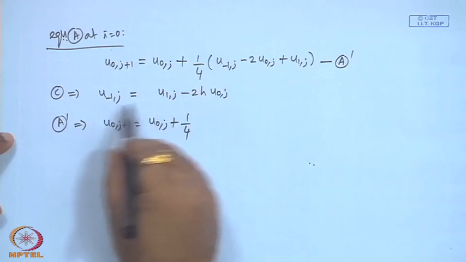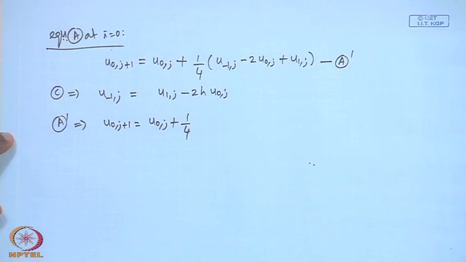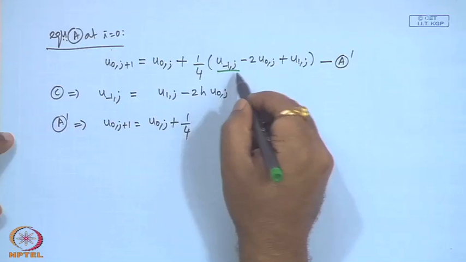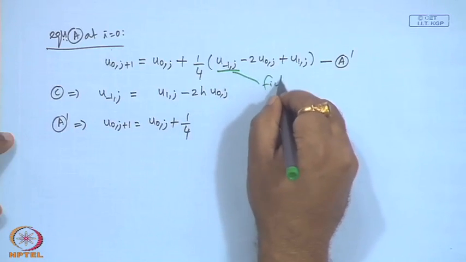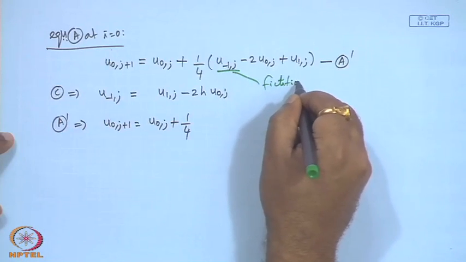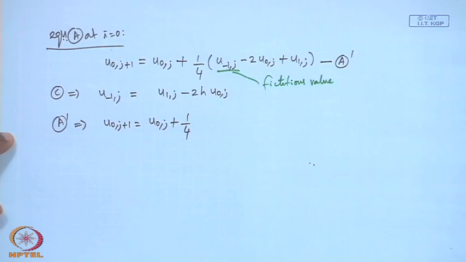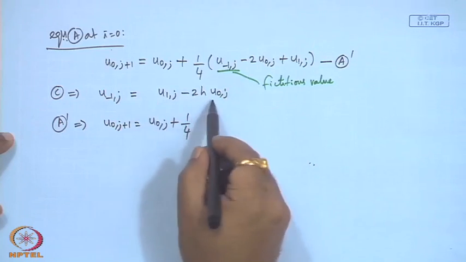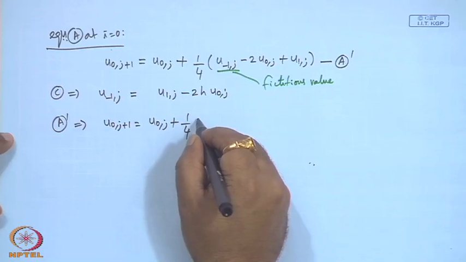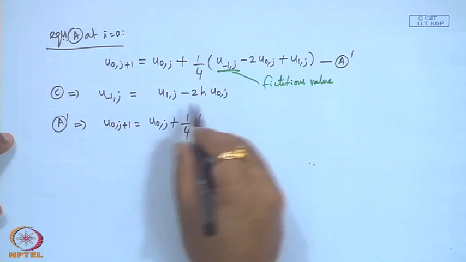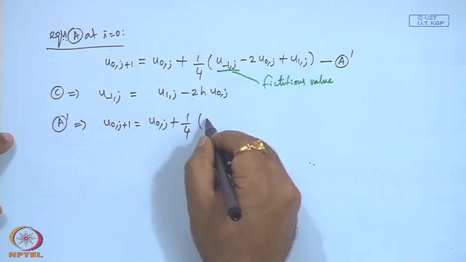So, we are eliminating the fictitious value. Okay. So, this is a fictitious value and we are eliminating using this equation. So, 1 u 1 j and we get,